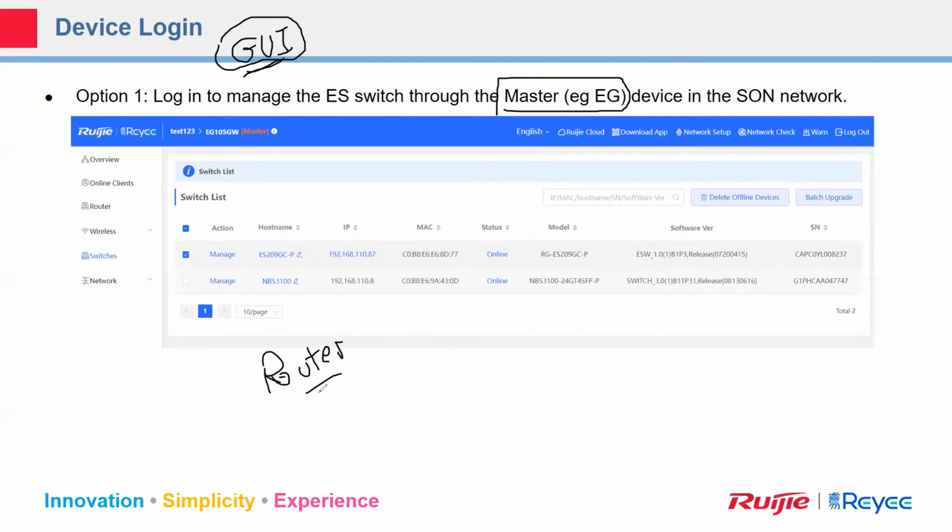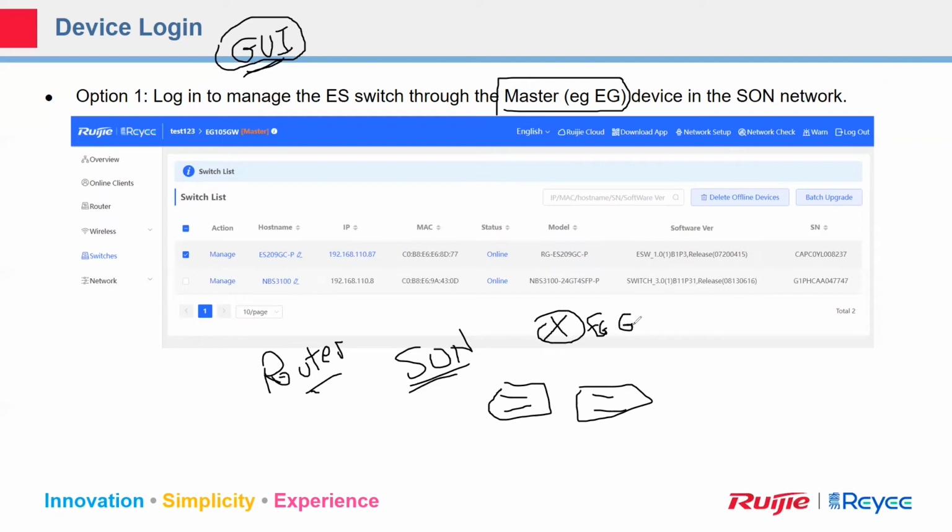We have explained the self-organizing network, right? You can log into your network devices if you have multiple network devices and you have an EG gateway. You can manage those devices from the EG itself. So as you can see here, we have